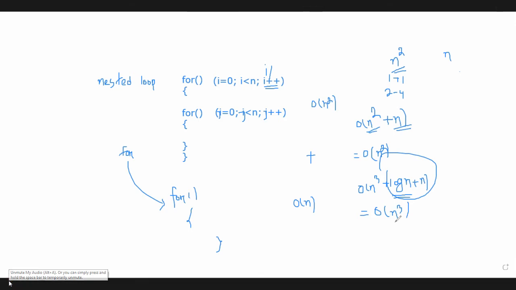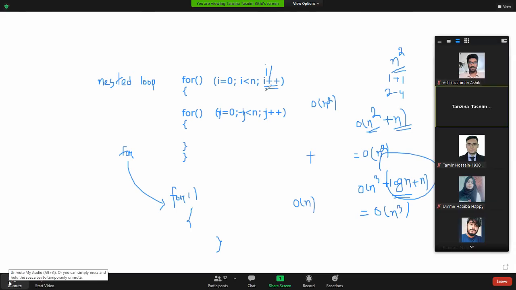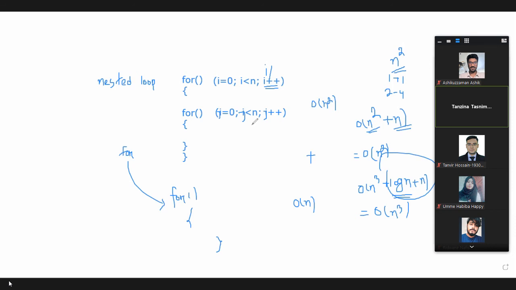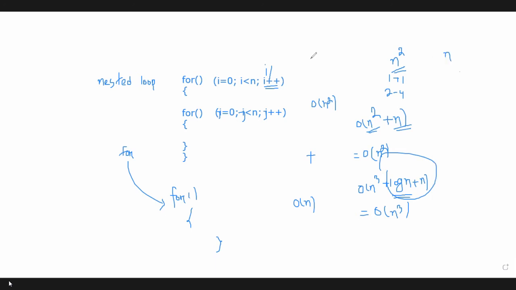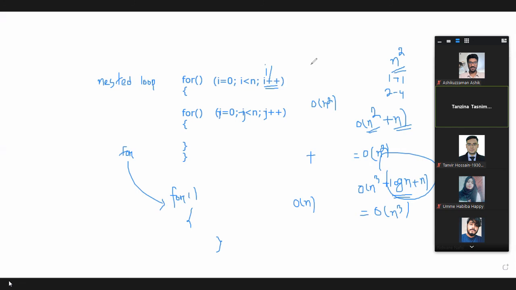Now there is another complexity, that is space complexity, right? Time complexity was the number of operations; if we count the number of operations, we can calculate the time complexity. The total time taken by a program or algorithm is time complexity. Then what about space complexity? How much memory that algorithm needs. Yes, ma'am. That is space complexity.